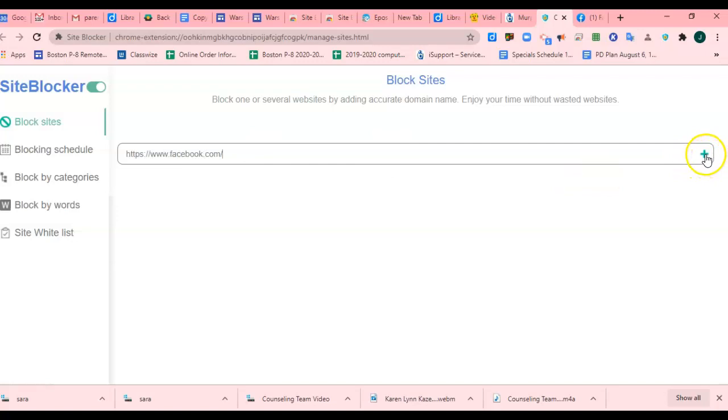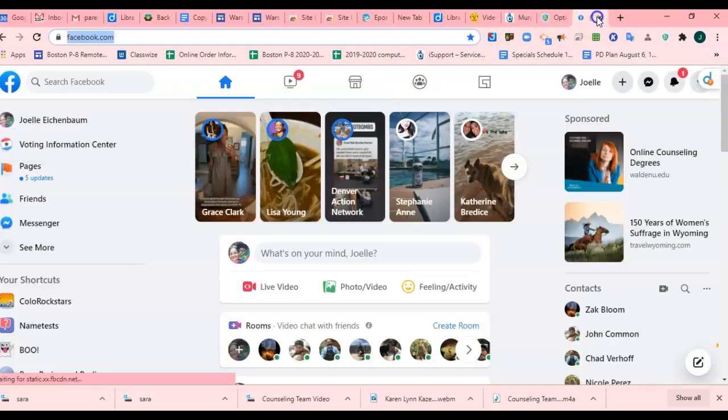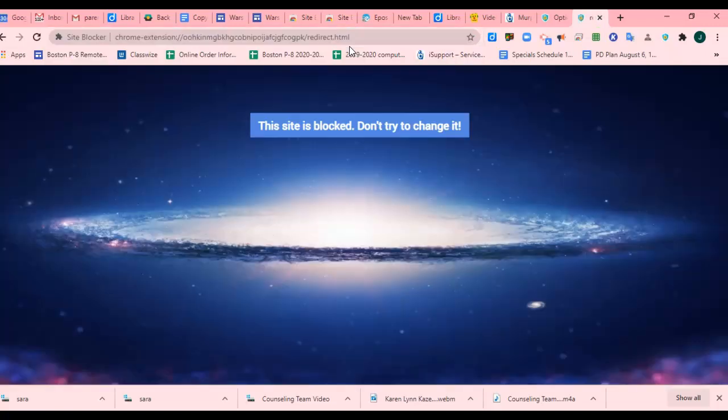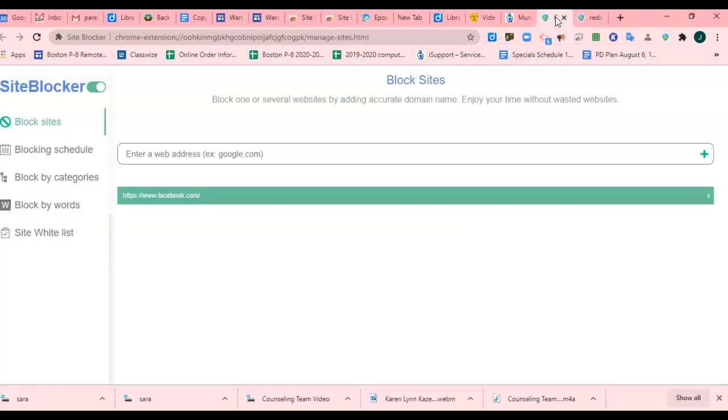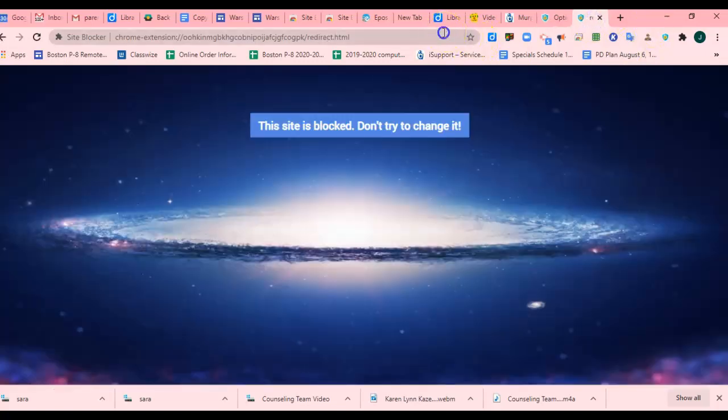And then you click the plus sign and it will say right here the website is blocked. And watch, when I try to go back there, this site is blocked. Do not try to change it. Now, if you want to unblock sites, you simply can click on the X. The site is not blocked anymore. And if I then try to go to Facebook,